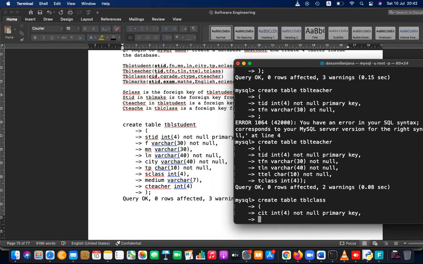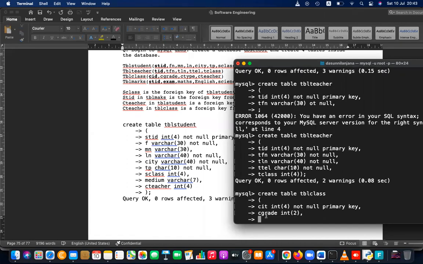Then class grade, C grade, INT2, because grade 13, 12, 10, 9 can have two digits. Then C type, let's say CHAR 1, where you give A, B, C, like 11A, 11B, 11C, likewise.